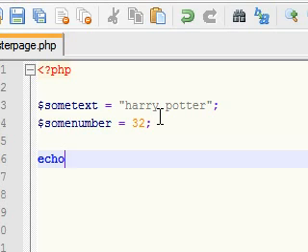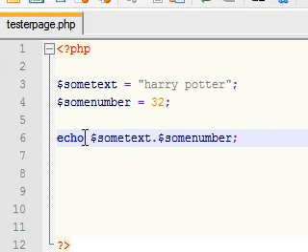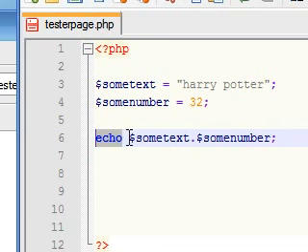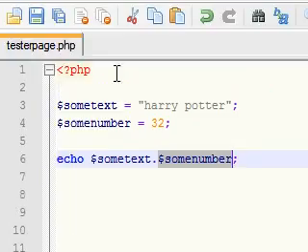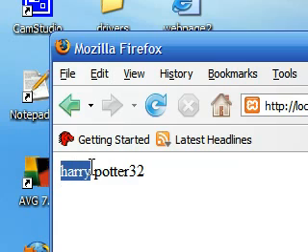So right now we'll type echo some text, period, meaning join this with the variable some number. Now what we're telling it is to print on the screen Harry Potter, because that's the value of this, plus 32. Save it. As you can see, we now have Harry Potter 32.